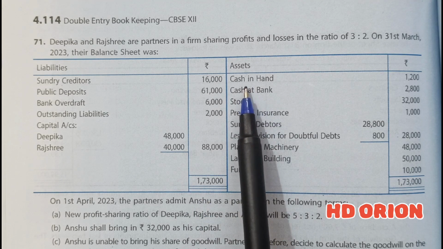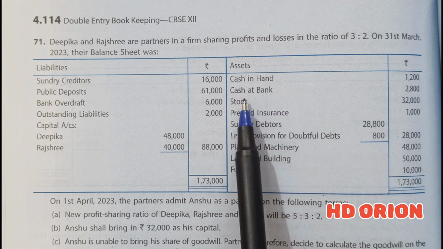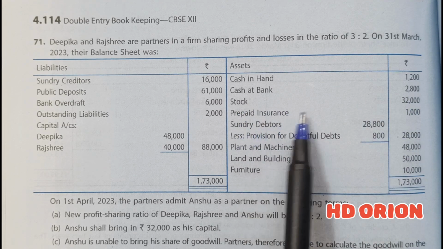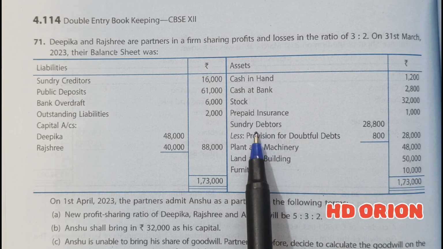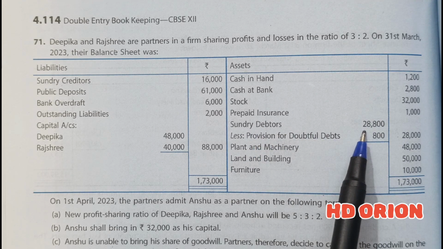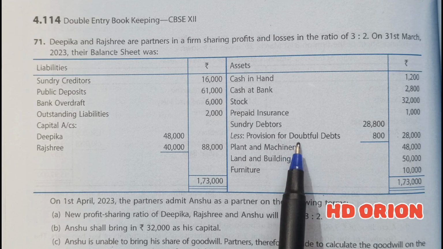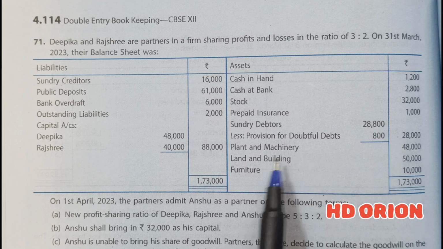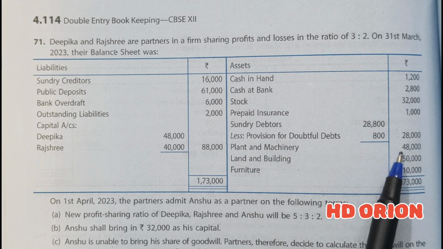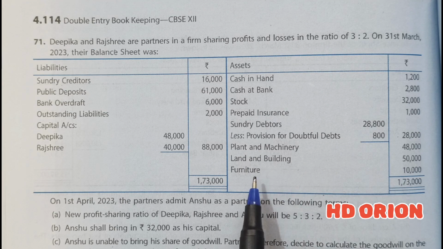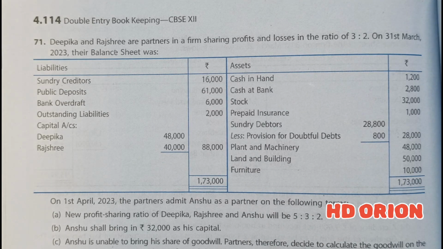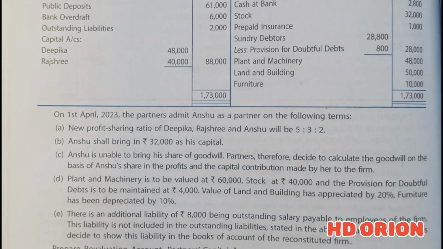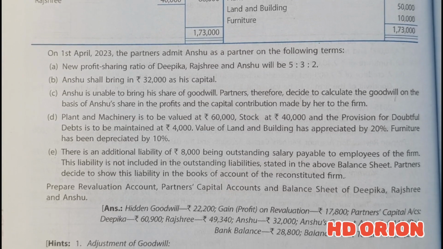To the asset side, we have got cash in hand rupees 1,200 and cash at bank rupees 2,800, stock rupees 32,000, prepaid insurance rupees 1,000, sundry debtors rupees 28,800, less provision for doubtful debts rupees 800. To the outer column it is 28,000. Plant and machinery rupees 48,000, land and building rupees 50,000, and furniture of rupees 10,000. Grand total 1,73,000. Now further in the later part of the question we find: